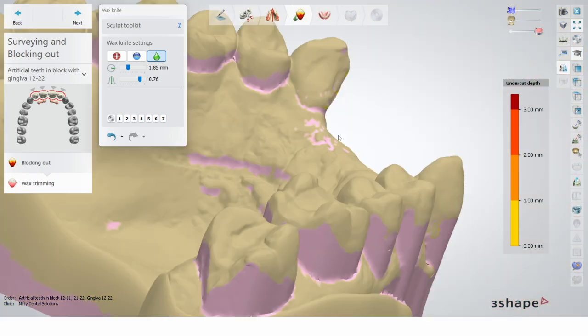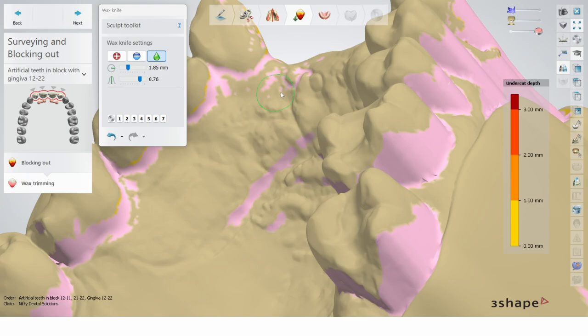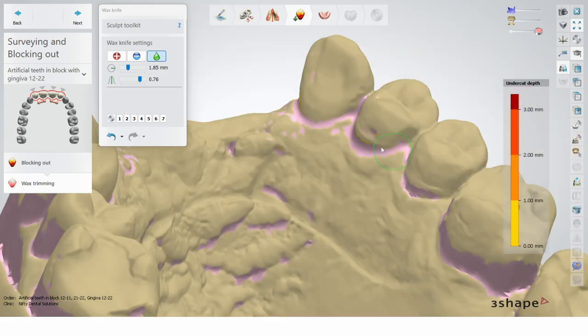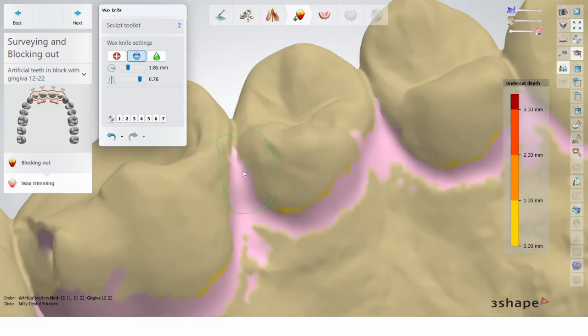Now, we need to worry about the teeth. First, I'm going to smooth all around just to blend all of the wax that has been applied automatically, which doesn't look great. And now I can go in with finesse and modify it. As I said, yellow is fine, it's a good color, it's not too bad.